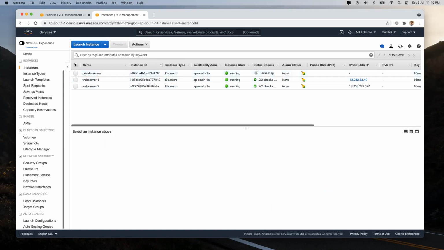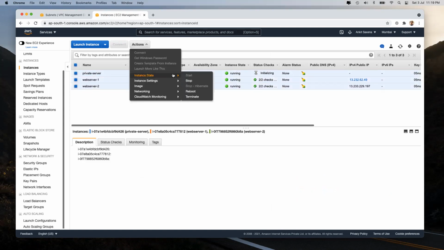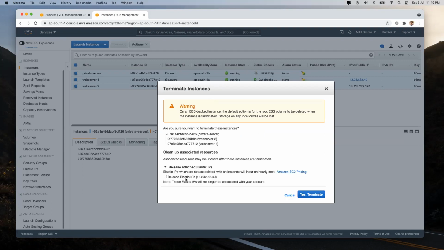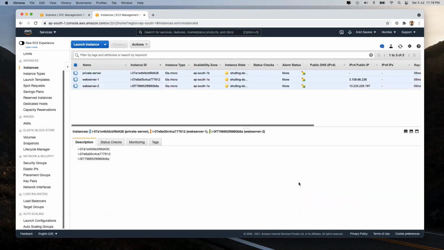For that, you can choose the instances, click on Actions, Instance State, and terminate the addresses. You might also want to go and release the IP addresses because if IP addresses are not connected to an instance,